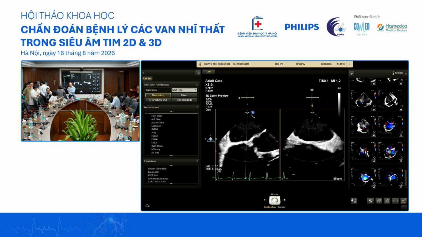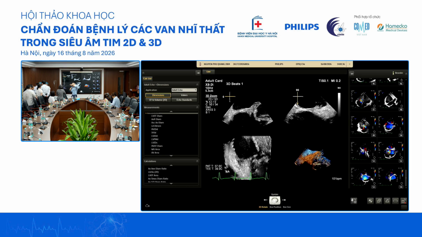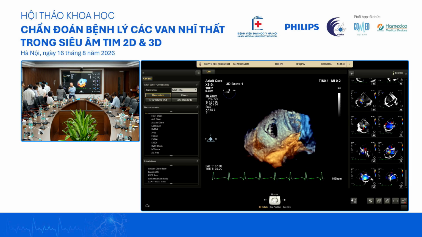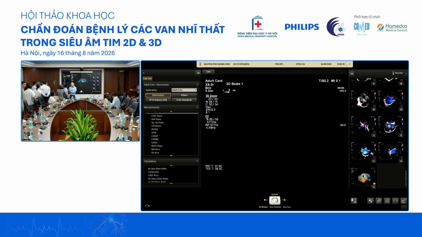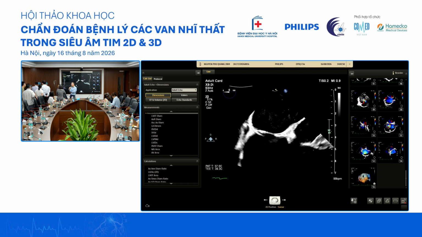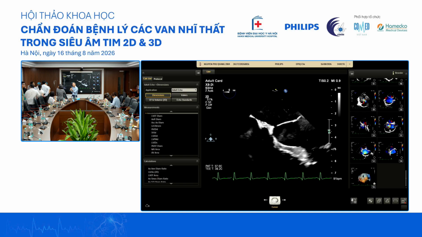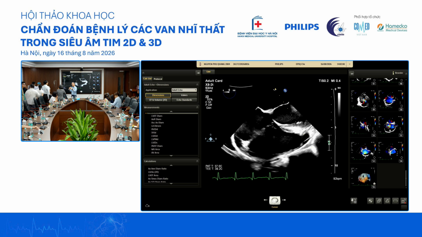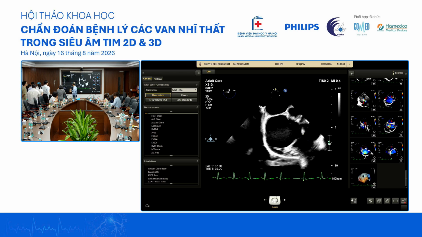For the clip 6. But because the clip needs to hold the leaflet, we need the leaflet length to be at least 6 for it to hold. Anything shorter than 6, the clip is not able to hold. Yeah. But you can actually see that the coaptation overlap between the septal and the anterior leaflet is almost down to the last millimeter. They're just all stretched.